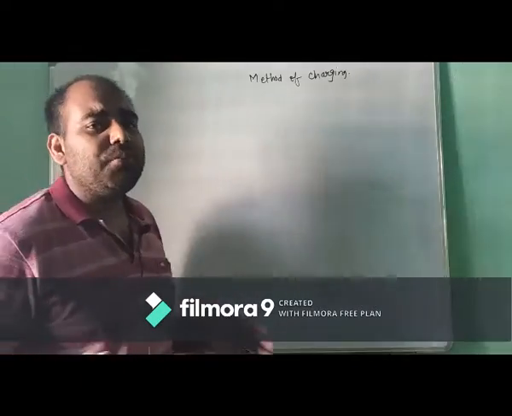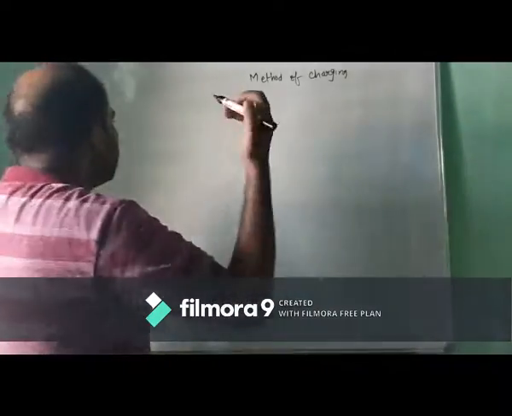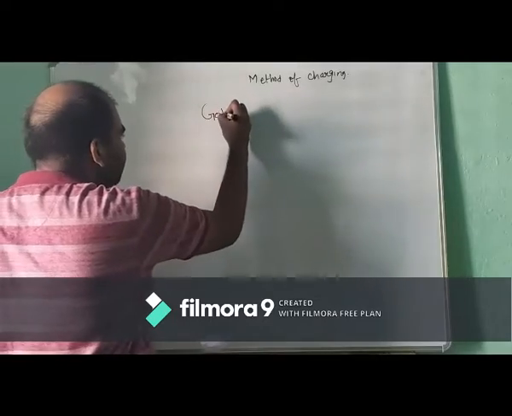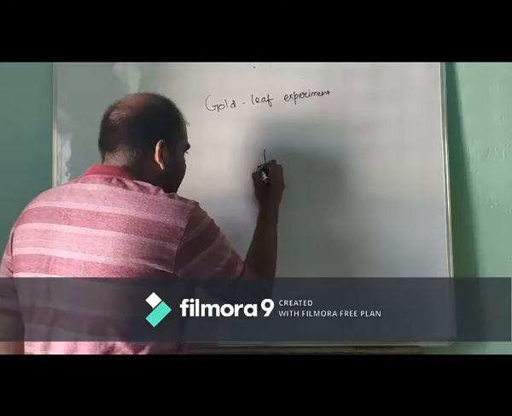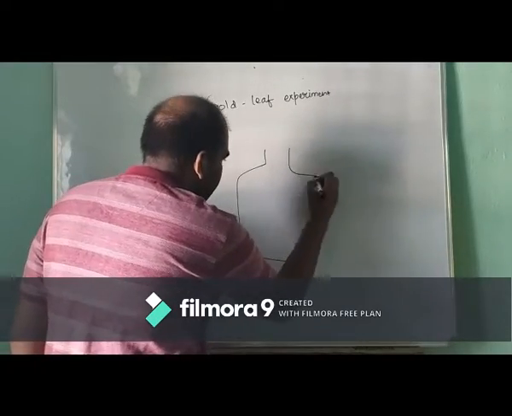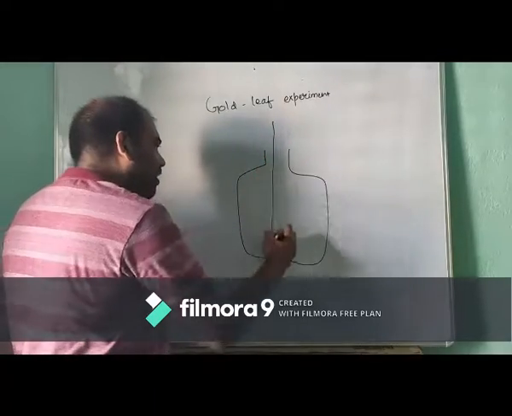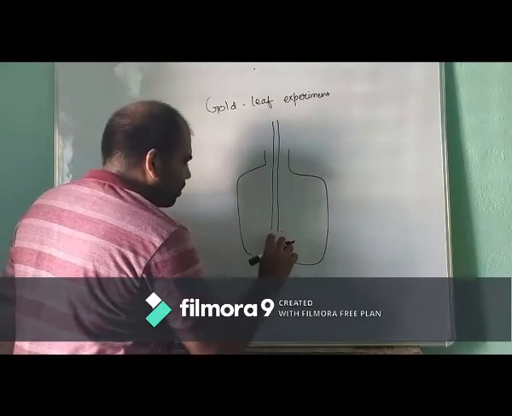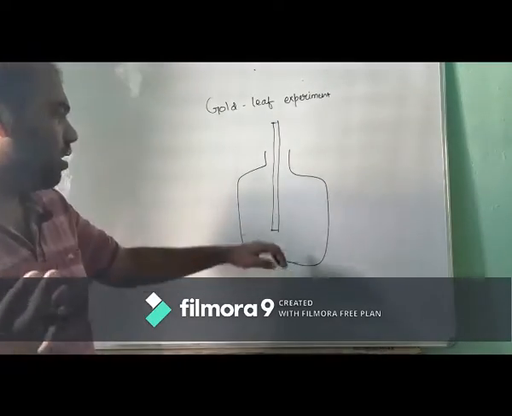Now we are going to study about the gold leaf experiment. This experiment is given in your NCERT's book. Okay, so what is a gold leaf experiment? Basically in this case there is a big glass jar. Over the glass jar there is a metal which is made of brass basically. It can be made of any metal.